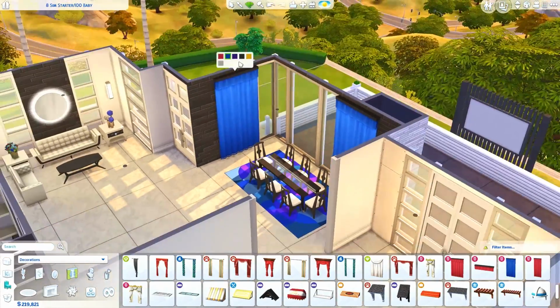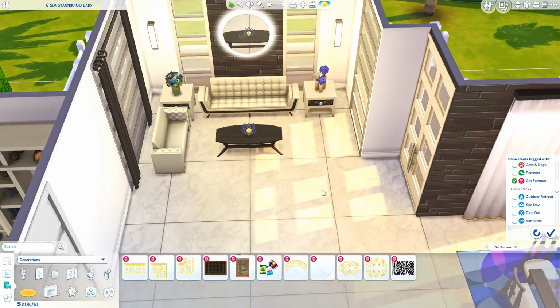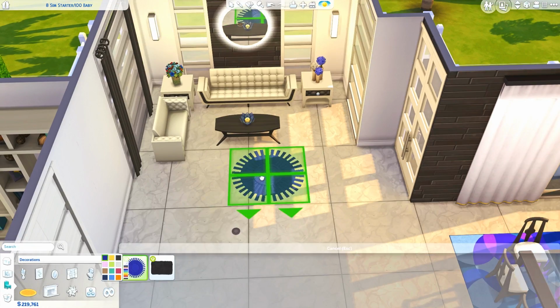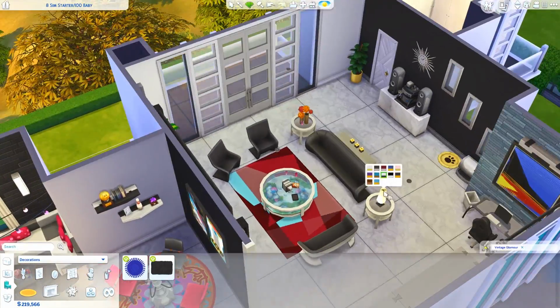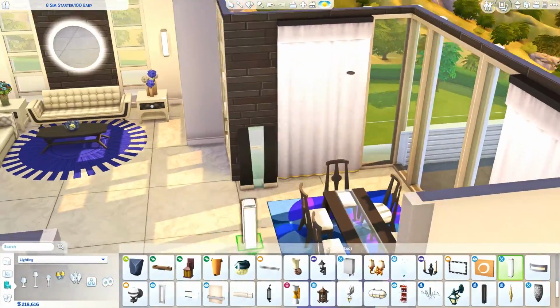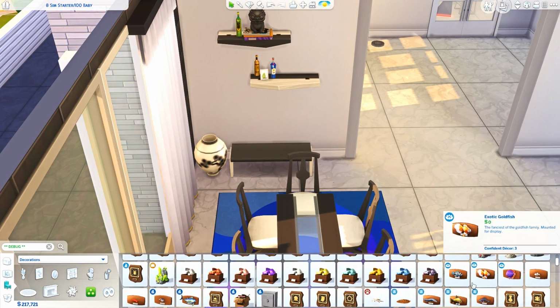So in here we've got the dining area and also another lounge area over there. I also went for a blue rug for this area too. This is the color that I went for in this room, so it's more like a bright blue. Oh, I apparently did include me changing the color scheme. That was so random. Anyways, so this is more like a bright blue, electric blue kind of color